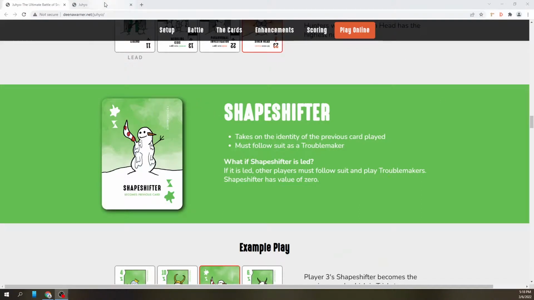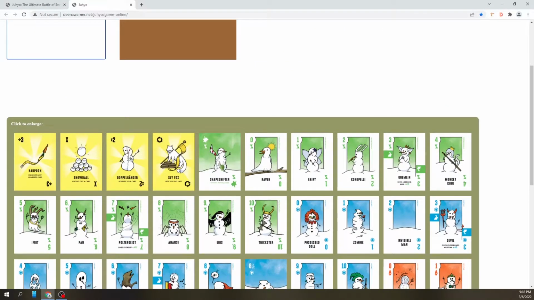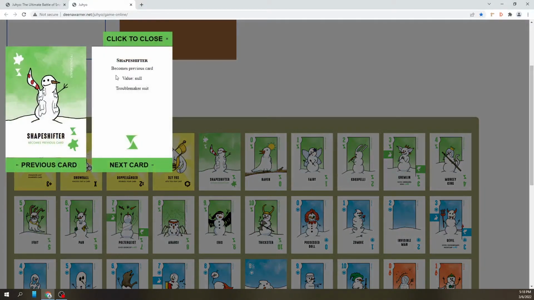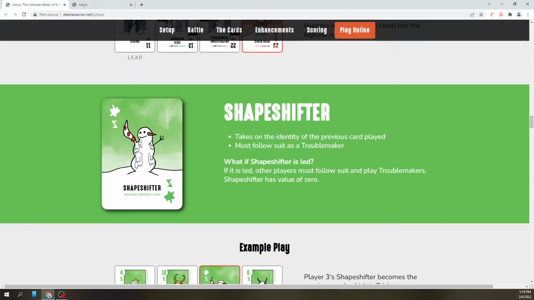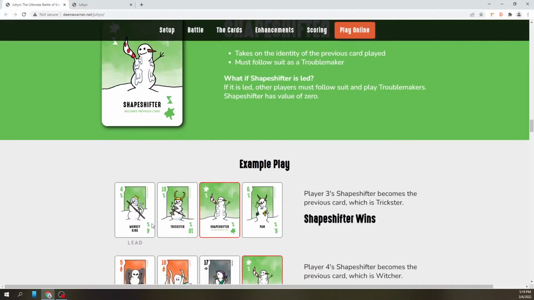Another special card is the Shapeshifter. Shapeshifter is a troublemaker. You can see it's right down here at the front of the troublemaker suit, but it doesn't really have a point value. Its value is null. What it does is that when you throw it down on the table, it becomes the previous card that was thrown down. So, for instance, someone throws down the 4, which is the Monkey King.